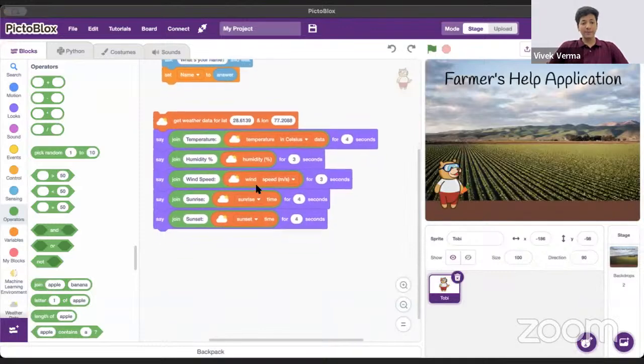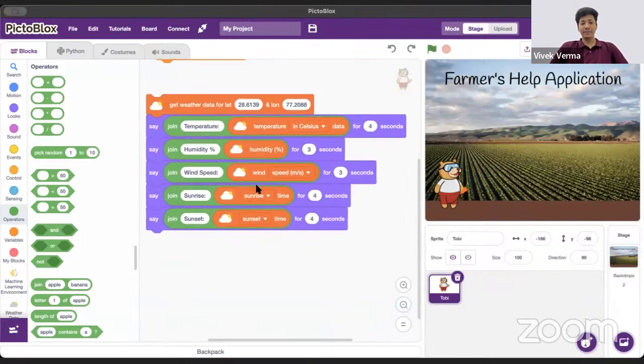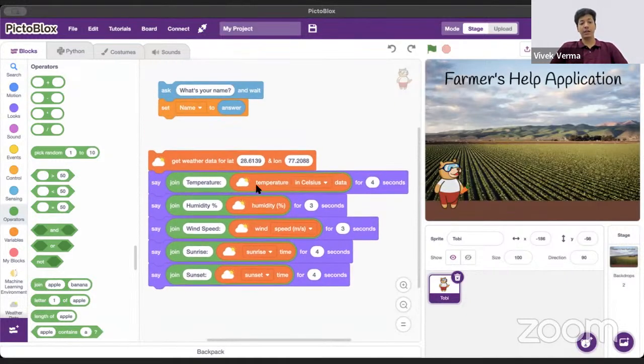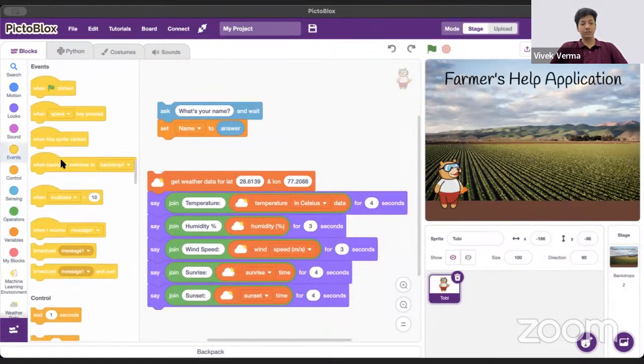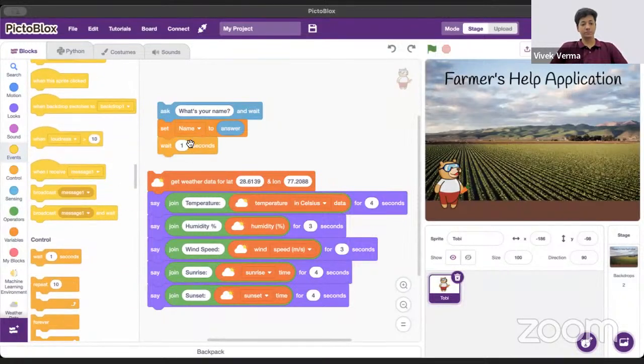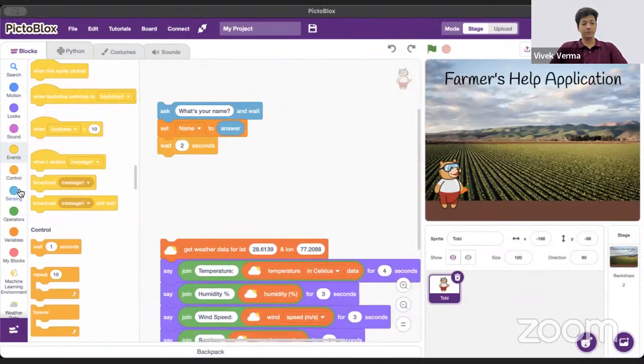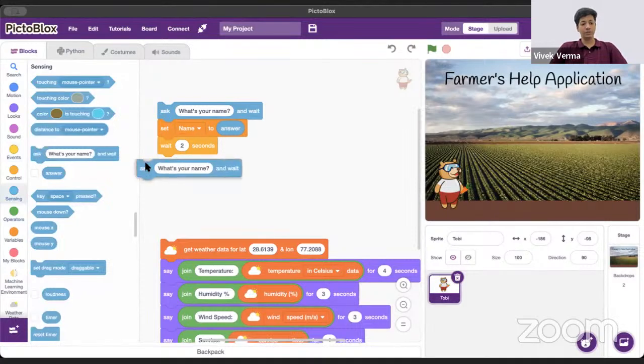Okay, coming back to our farmers help application, we got the temperature, right? Now, why do we want to display it, and how do we want to display it? Let's say after getting the name of the farmer, we want to wait for 4 seconds, or let's say 2 seconds. After that, we want to ask another question: do you want the weather